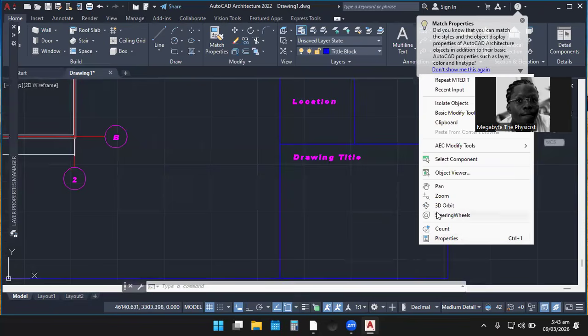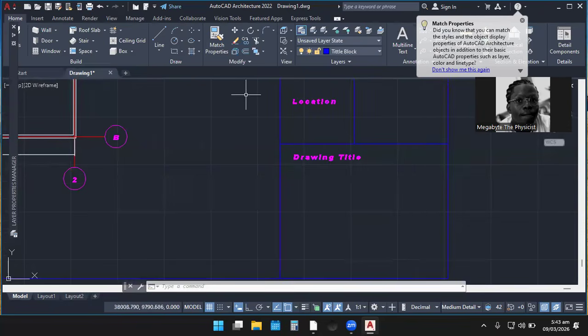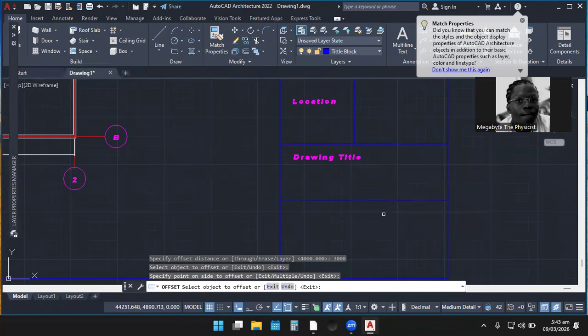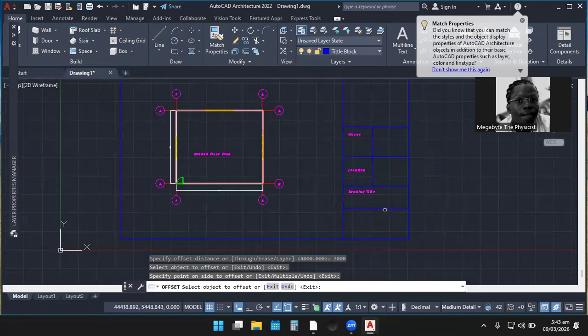So let's quickly do a little bit of offsets, and life is going to become much easier. So I just pick my offset and enter a distance of 3,000. So I can enter this to here. Let's maintain an offset of 2,000 again.